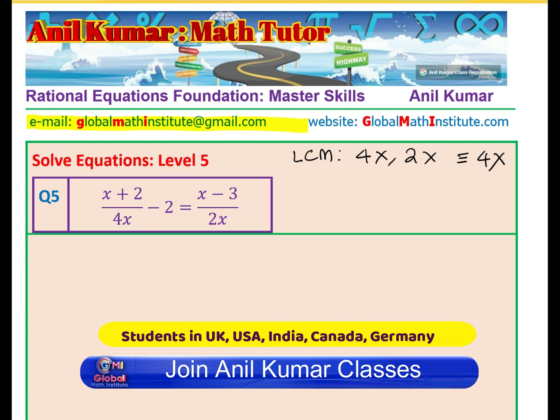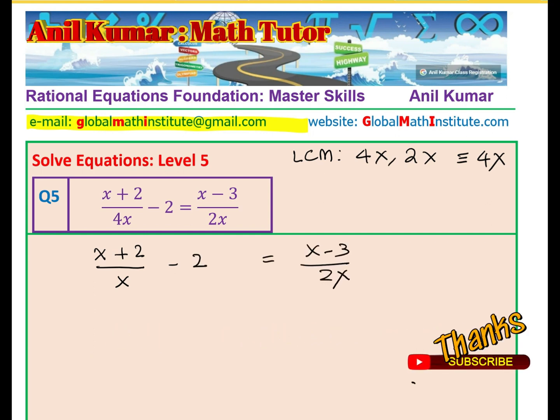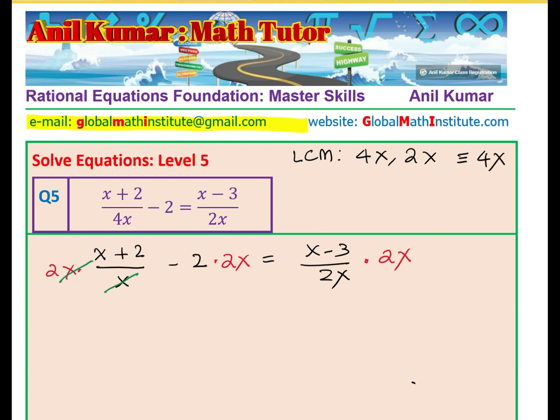Okay, so let's write the question once again. x plus 2 over 4x, we'll multiply by 2x, leave some space here, minus 2 equals 2x minus 3 over 2x. Clear? We are going to multiply every term by 2x, right? Then what happens? Clearly, some terms in the denominator get cancelled away, right? Great. And what you really get is 2 times x plus 2 minus 2 times 2x, which is 4x,